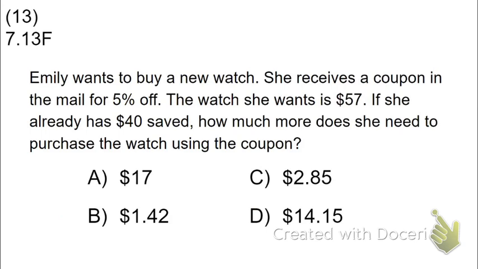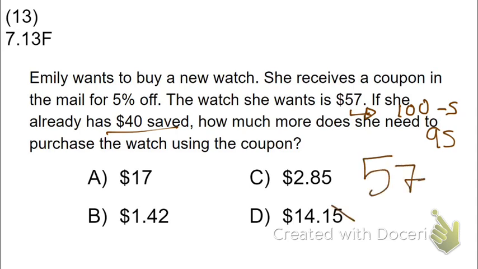Emily wants to buy a new watch. She receives a coupon in the mail for 5% off. The watch she wants is $57. If she already has $40 saved, how much money does she need? Well, 5% off means she's no longer paying 100% of the price. She's paying 95% of the price. So 57 times 0.95